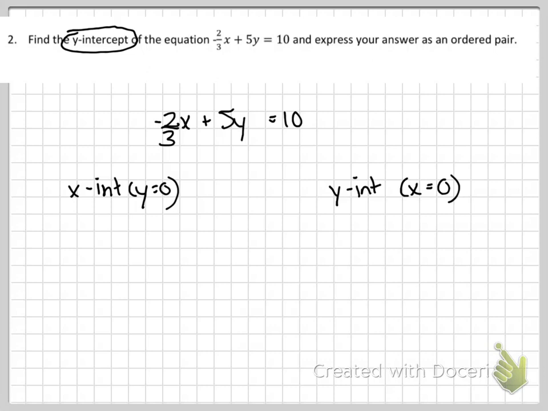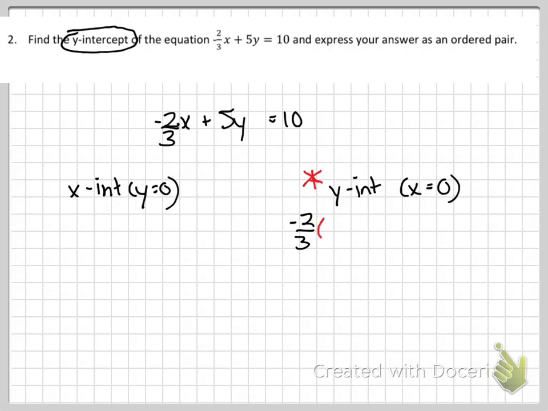Okay, so again, be careful. Make sure you know both of these pieces of information. Okay, and make sure you're very careful about which one they're asking for. Okay, in our case, they're asking us for the y-intercept, so that means we have to set x equal to